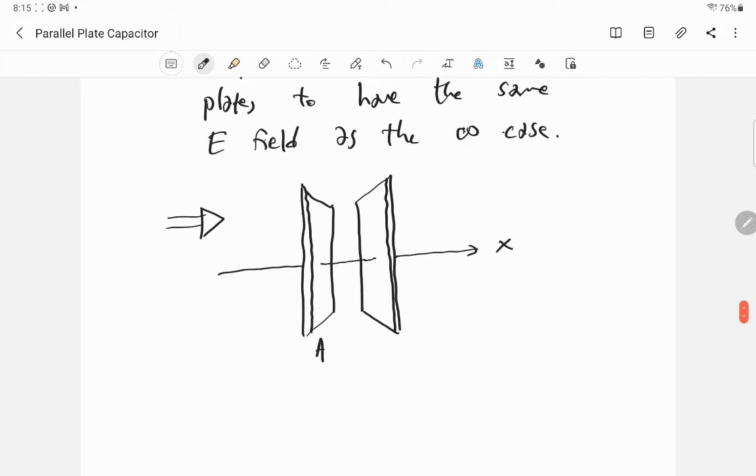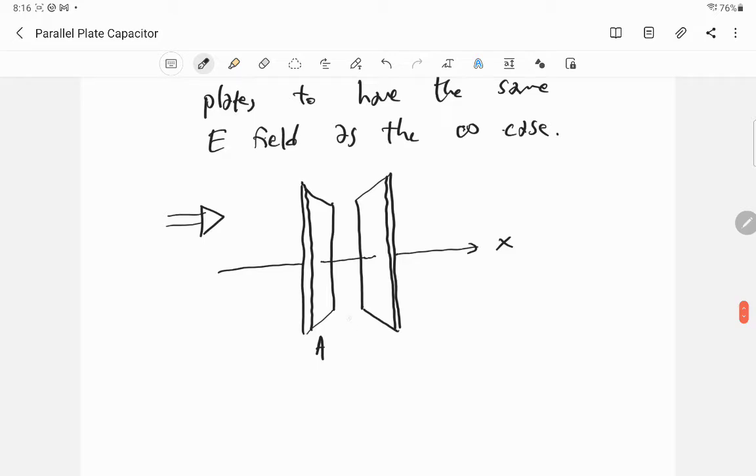And we're going to imagine that even though we do not have infinite plates, we're going to approximate the electric field in between as just being sigma over epsilon naught, where these two plates